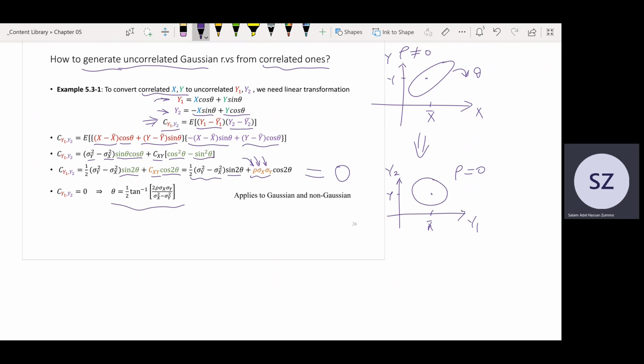هذا فيكتور جديد y1 are the samples of the new random variable y1 والفيكتور الجديد y2 will be the new sample of the samples of the new random variable y2. الآن y1 y2 because of this rotation. واضح الفكرة؟ شباب confused more ولا أوضح أكثر؟